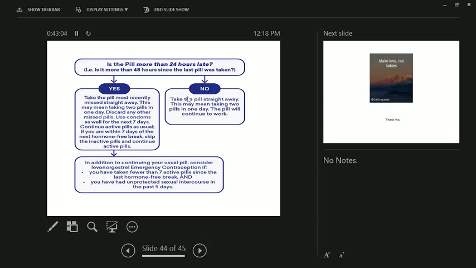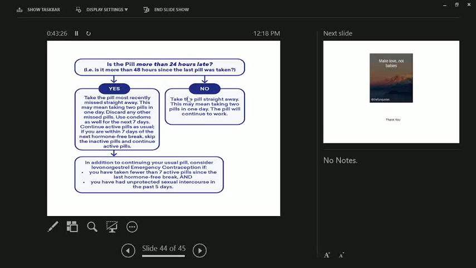If it is within 24 hours, the lady needs to take the forgotten pill the time she remembers that, and she needs to take her usual pill at the due time. On that particular day, she is taking two tablets. If it is more than